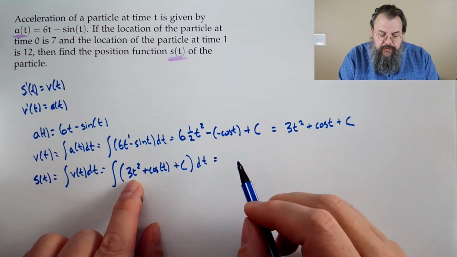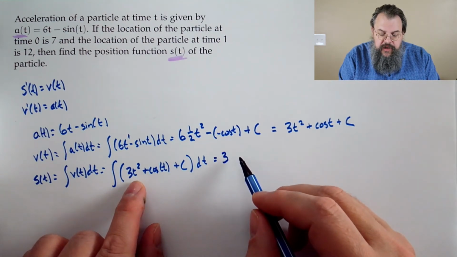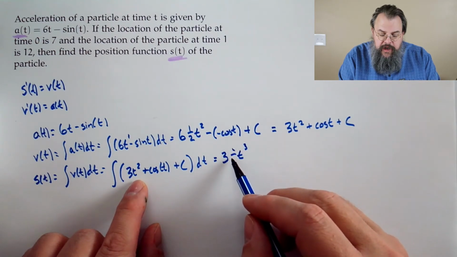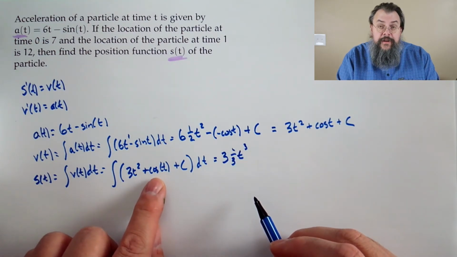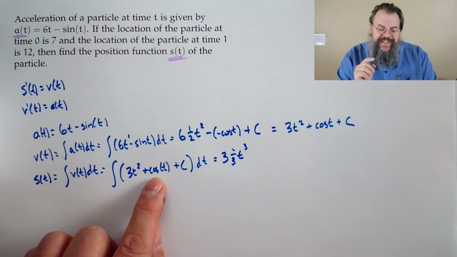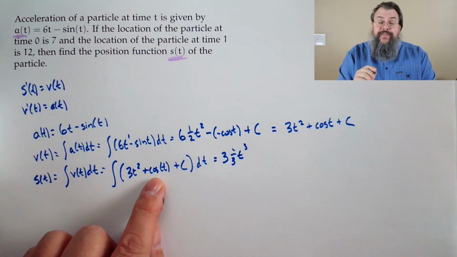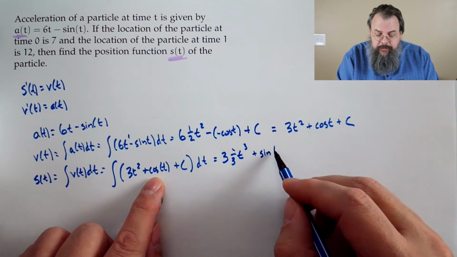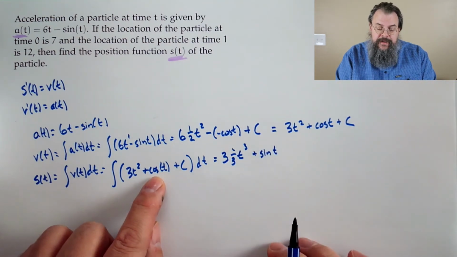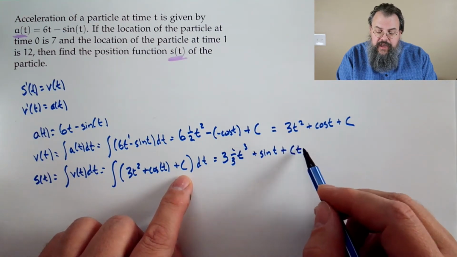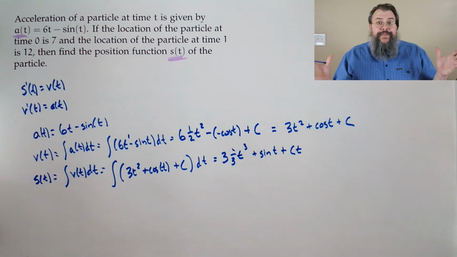Term by term, there's a 3. Integral of t squared, add 1, that's the t cubed. Multiply by the reciprocal, 1/3. Integral of cosine, be careful. Cosine is tricky, but it's at least on our list of things we can integrate. That would be positive sine. Integral of c will be c times t. Anything else? Now,